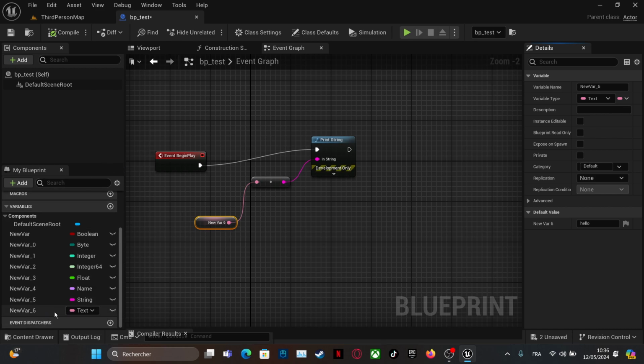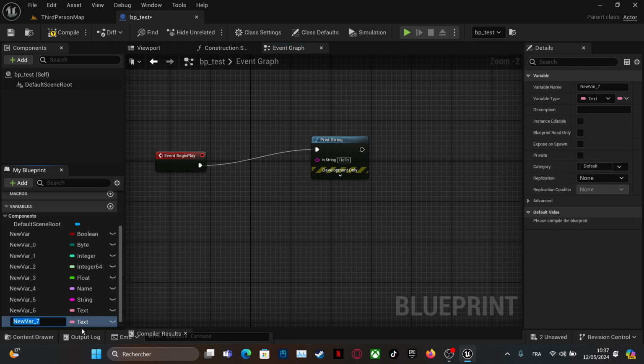Then text has a function that translates it to other languages, so it will be much easier to use than string. So use text when you want to show the player strings that you want to convert, like a widget that has localization to change the language. Text will help you.